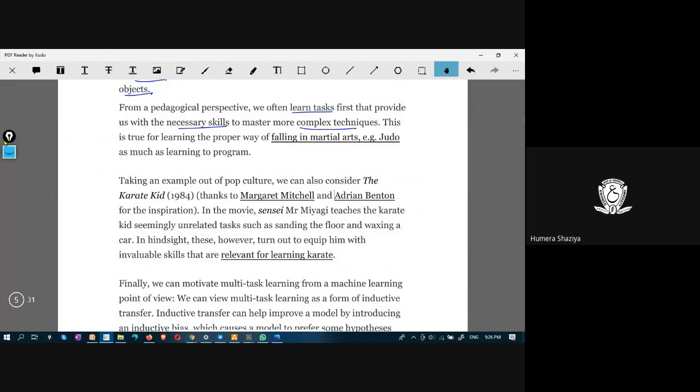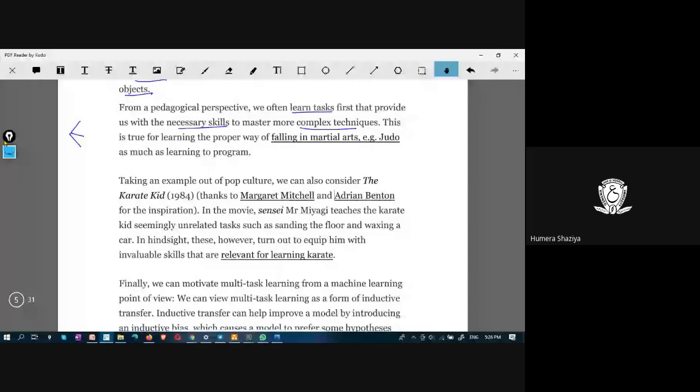If you master two martial arts, the third one will almost be similar to the previous two. You don't have to spend more and more time.